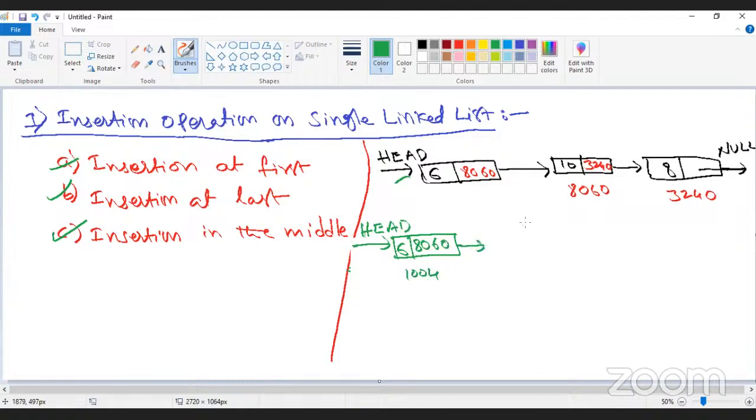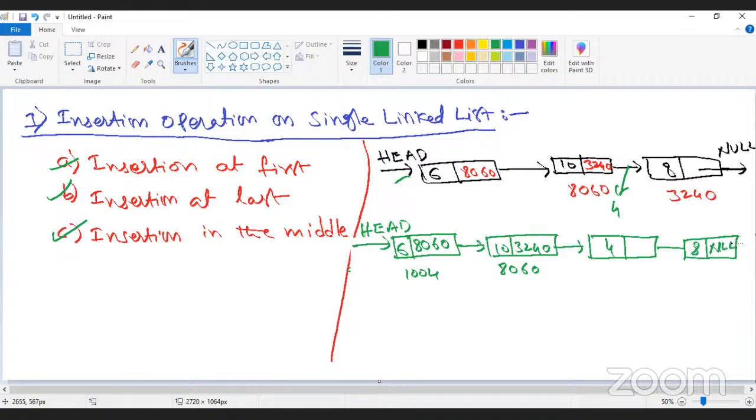And if you want to insert the node between here, say 4. You keep 10, 3240, 8060 as it is, and you can insert a new node here. It is 4. Its next node is null, the last node. Anyway, null. Its address will be 3240. You put its address here, and its address will be like 2005, 3240, and you change the address of this node to this one,